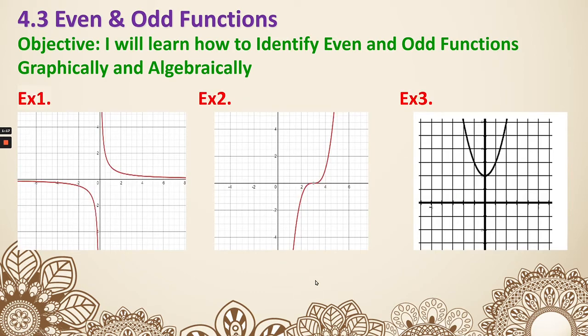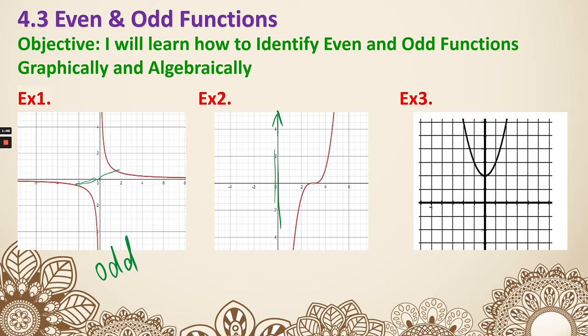First one, I'm going to see the graph is the bottom left part and the top right part, they are actually symmetric to the origin. So basically, if you pick a random point, you can see it's the same distance, and extend to another point on the graph, that means it's symmetric to the origin, so it's going to be an odd function. Example 2, we can see the y-axis is right there, and there's nothing on the left